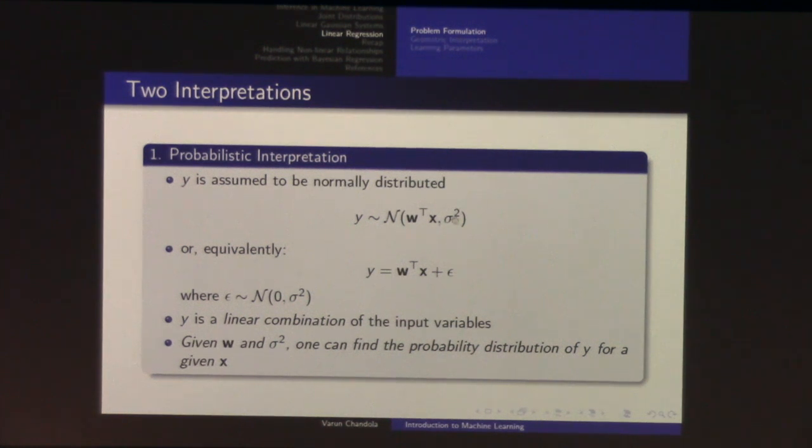I'll allow for some error about the line, and then I want to find the line such that the error is minimized, right? So that's the basic idea. Today we are going to look at how we estimate these parameters, this W and this sigma square. There are many ways to do that, and what we will see is that all of them give the same result, but we still would like to go through all of them,